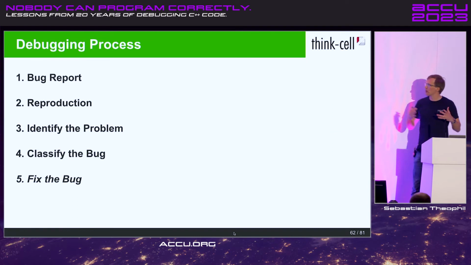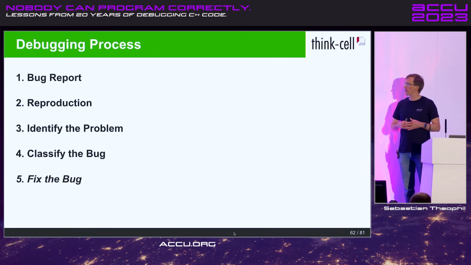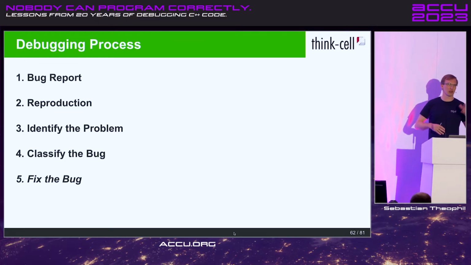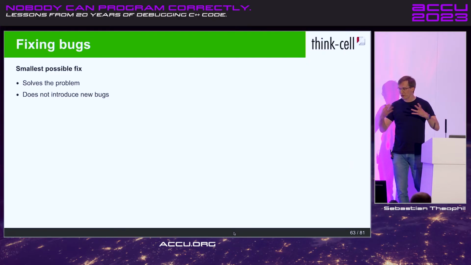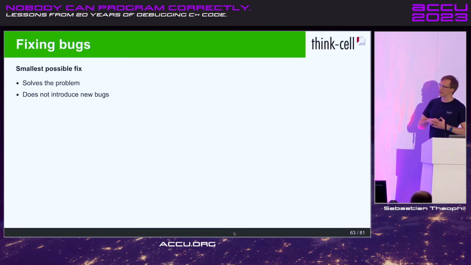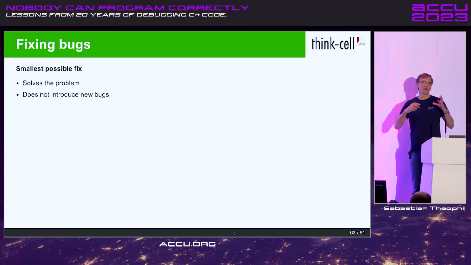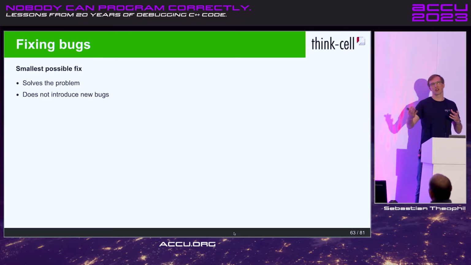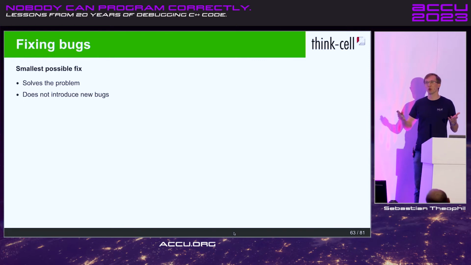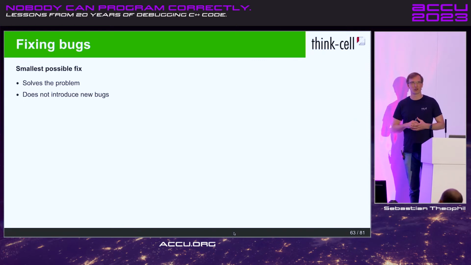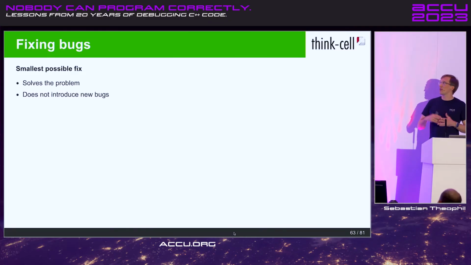Okay, now we are closer to getting done. Now maybe we have decided we need to make a big change, or only a small change. Now what should we do? In other talks, common advice is that once you've identified what the problem is and you've understood it well enough, you should try to find the smallest fix that actually fixes the problem. Because it has the advantage that by being small, it has less likelihood of introducing new problems. And while that is not wrong, I don't think it's a very good first advice.